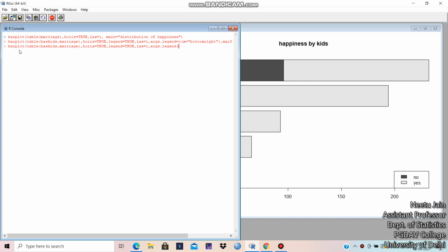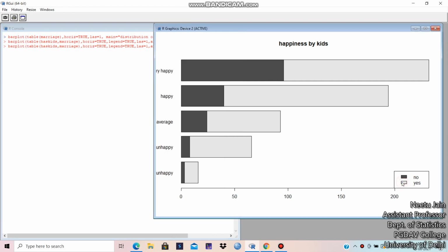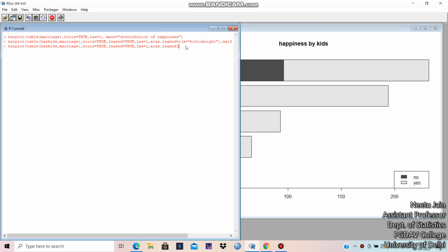Suppose I want to place these legends here, at the top. Okay, so I write x is equal to within quotes top. It depends upon you. Where do you want to place your legends?